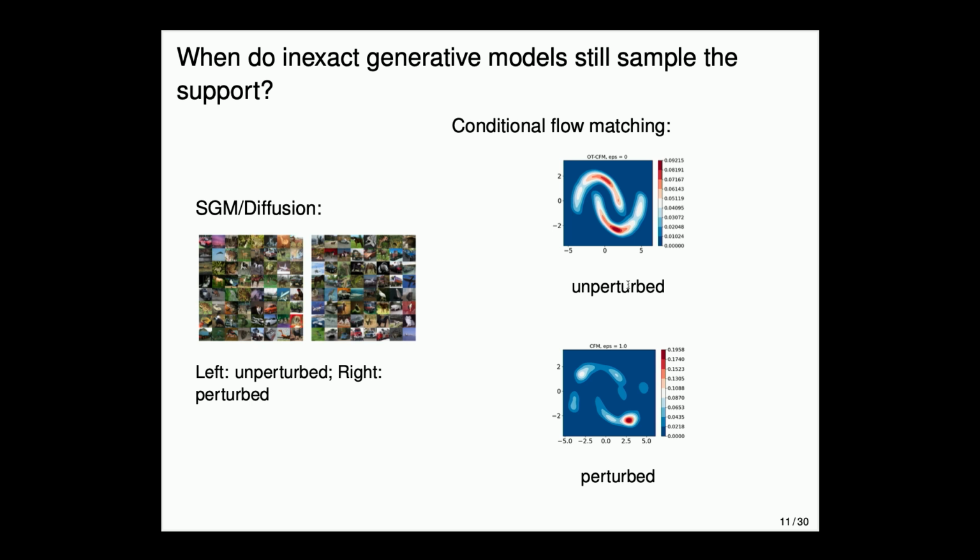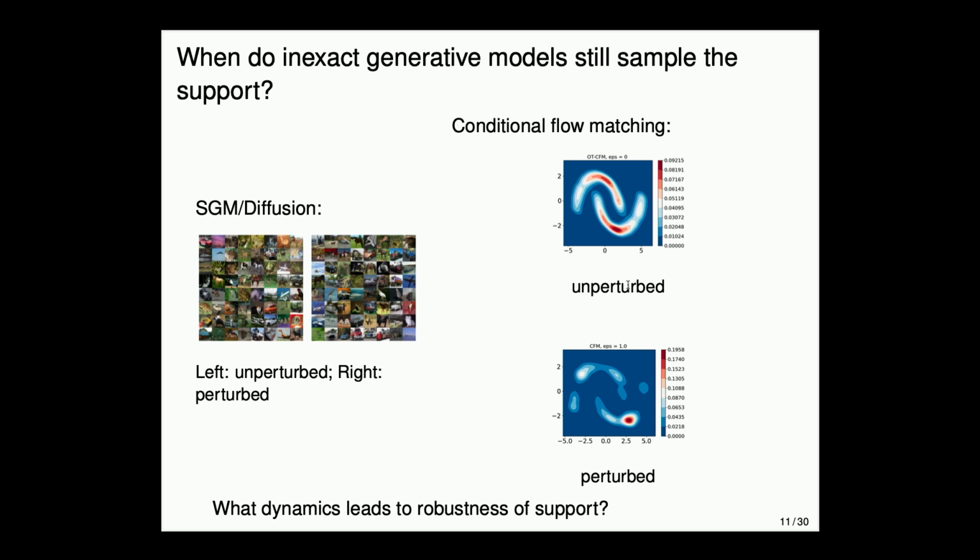To make another illustration, here is conditional flow matching, a different generative model. This is the same target density that I showed you before. This is generated with epsilon equal to 0, so this is a generative model without any errors. And this is with order 1 errors. With order 1 errors, you can see the generated density does not look like the green picture I first started with from the diffusion model. So it looks like if you change the algorithm, you may or may not get this robustness of the support.